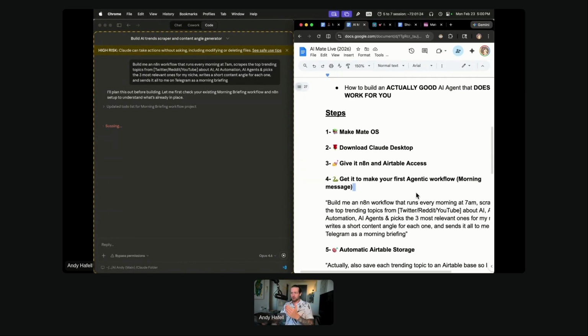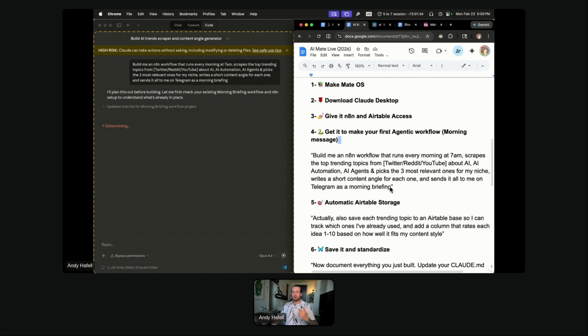So to get your Claude Code to get access to NAN and Airtable, you need to give it the keys, but you can't do it directly in the chat. If you give it an API key directly in the chat, it's going to say, hey, this is not safe.